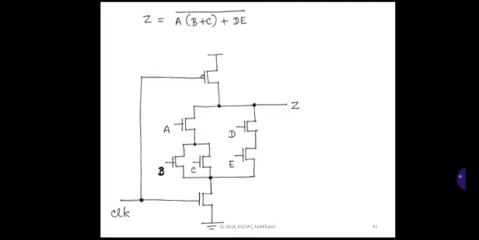So this is the same expression, Z equal to (A plus BC plus DE) whole bar, but you have to implement this using dynamic CMOS logic. As it is dynamic CMOS logic, which consists of N plus 2 transistors, again the N logic is drawn, the same N logic, but the precharge transistor and evaluate transistor you have to draw, then connect a clock pulse to the gate of both the transistors. So this is nothing but a dynamic CMOS logic.